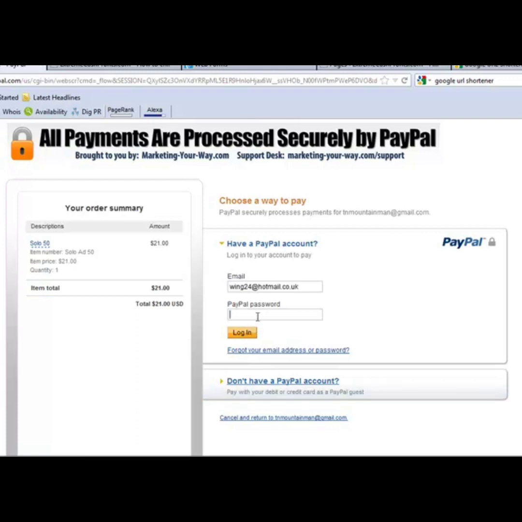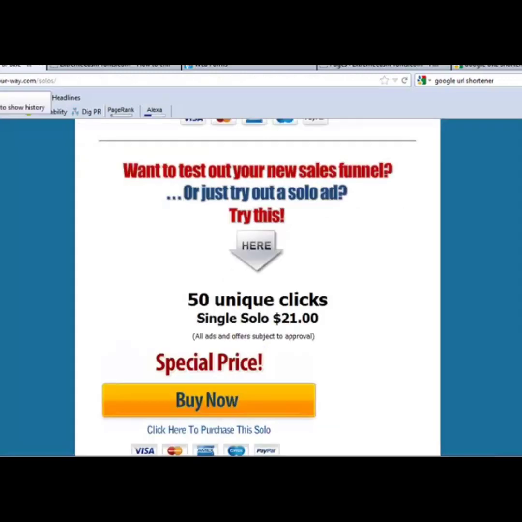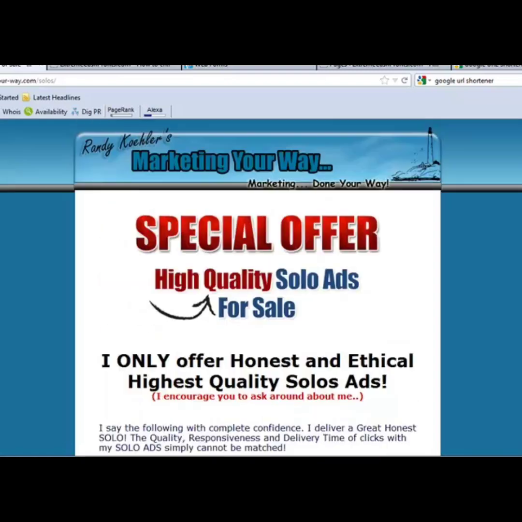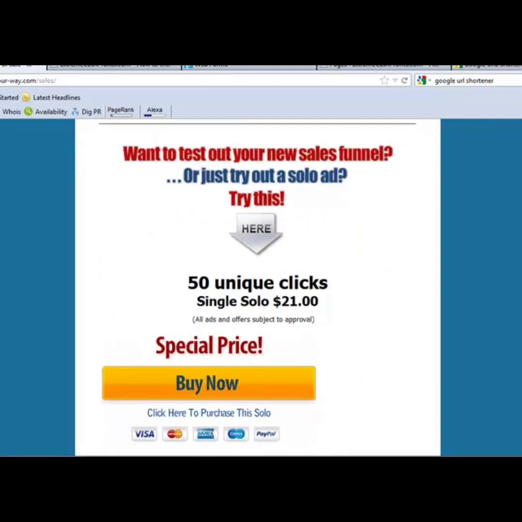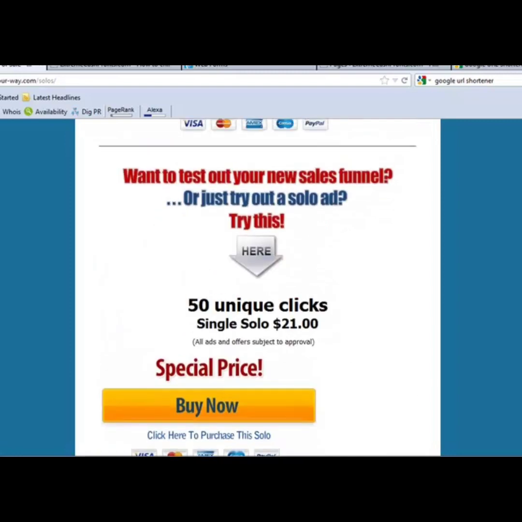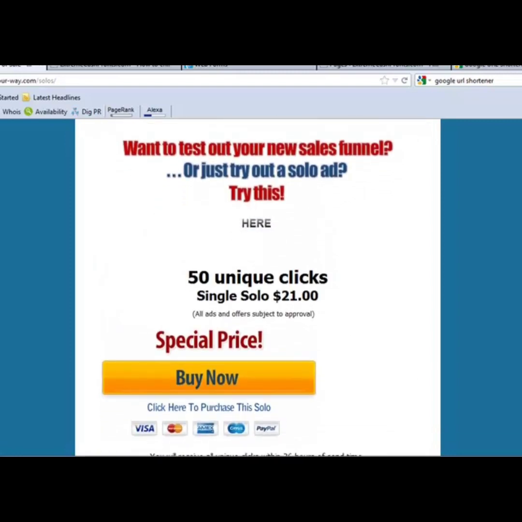So what we do is buy the ad, and then once you've bought the ad, you will get directed to a download page, and then what you have to do is email the solo ad provider owner, which in this case is Randy, and I've messaged him before when I purchased one of his solo ads. And then what you do is you have to give him your squeeze page URL so he can check it out, and obviously tell him what you're giving away for free, because